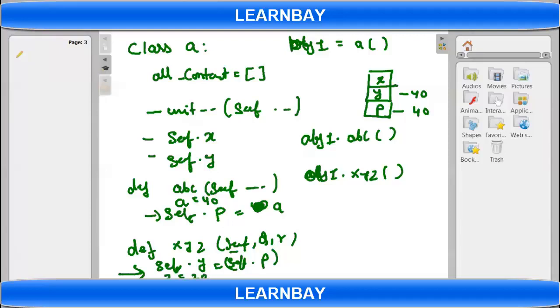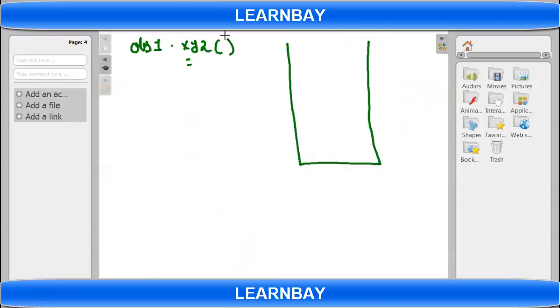Now if I am calling this function xyz with some 50, 60, how much memory will be allocated in the RAM?